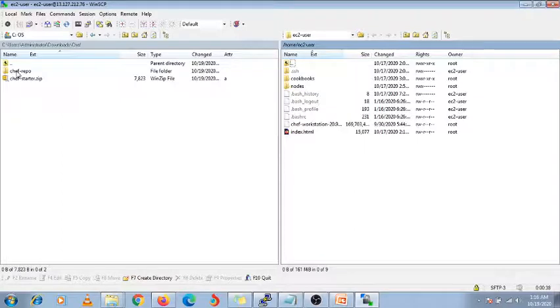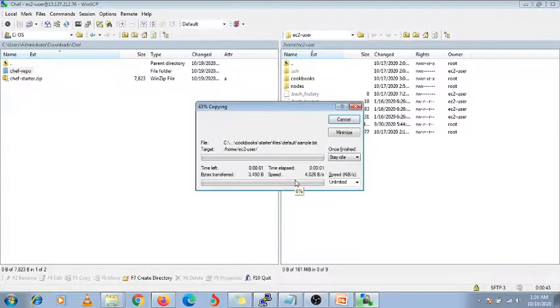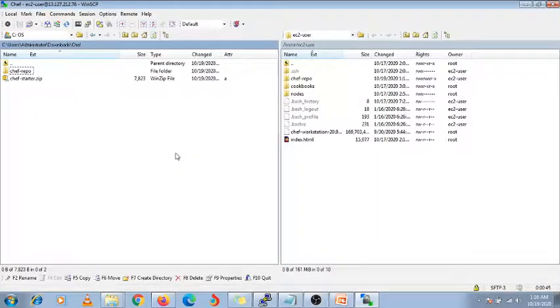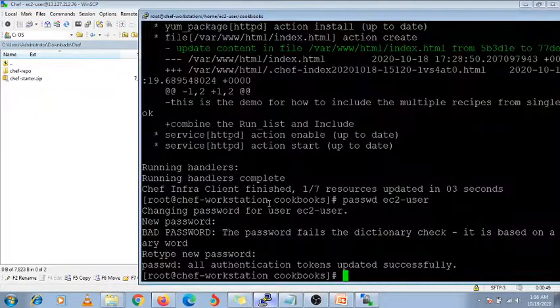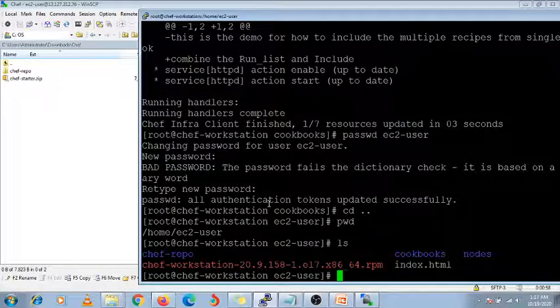So this folder I am going to copy. Just select it and drag and drop here. Now you can see under your Linux machine I am in /home/ec2-user, and you can check it using the ls command. The chef-repo folder is there, right?